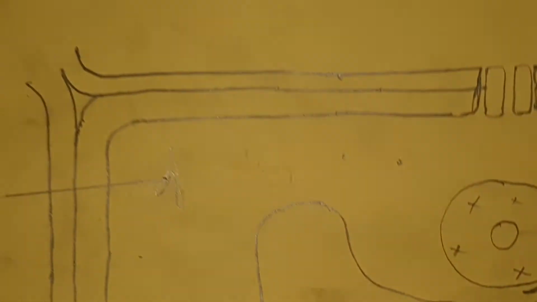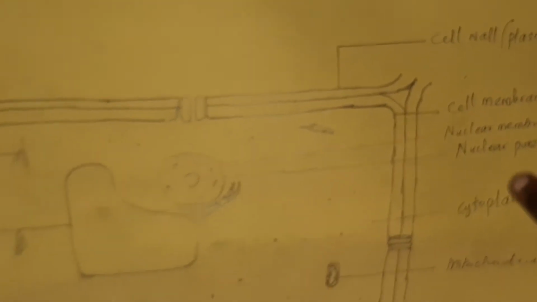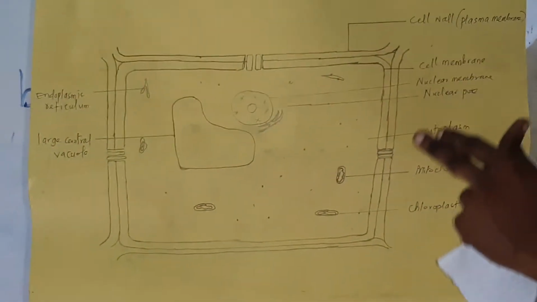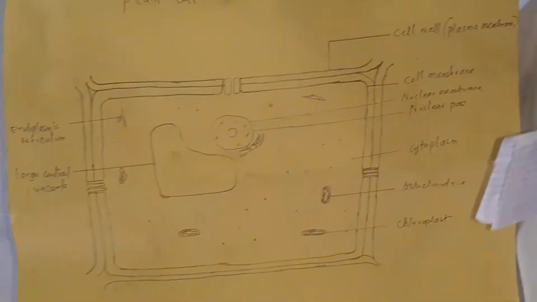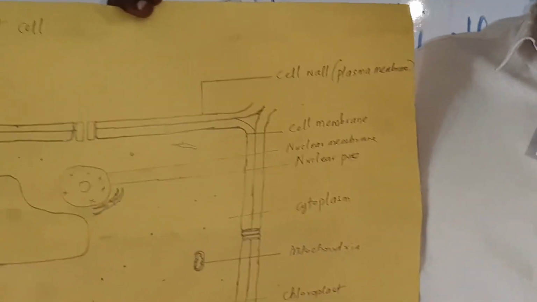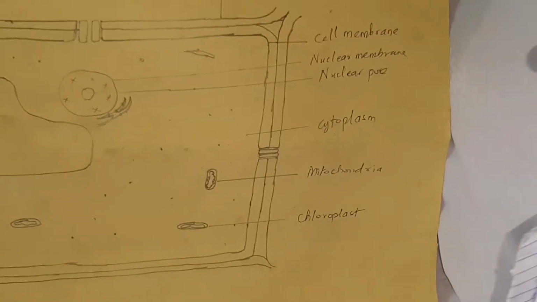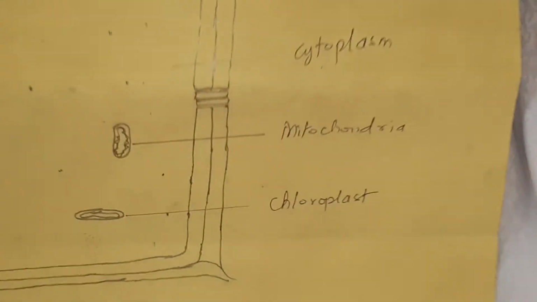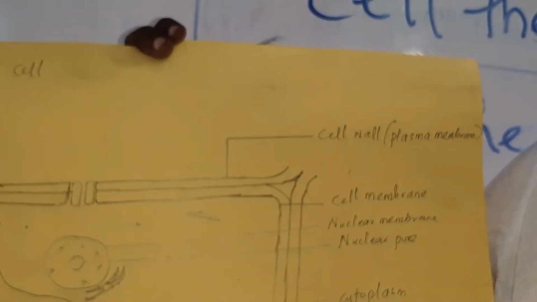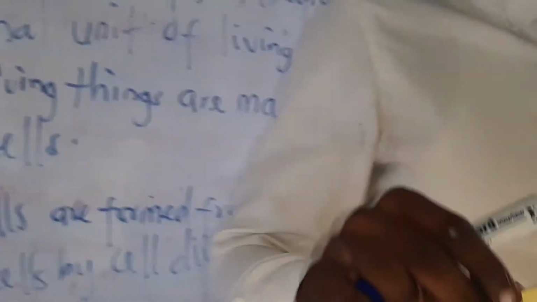It has different organelles, and the organelles perform different functions, like I said earlier. You can see a plant cell. So now that we have the view of it, let's go to the next thing, which is